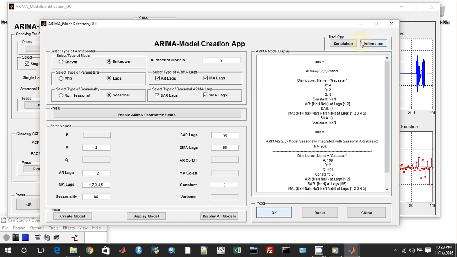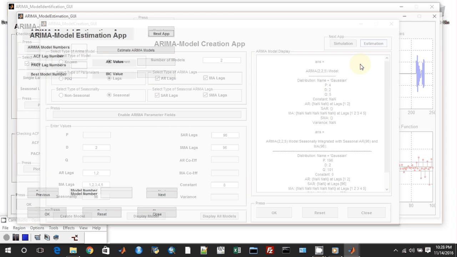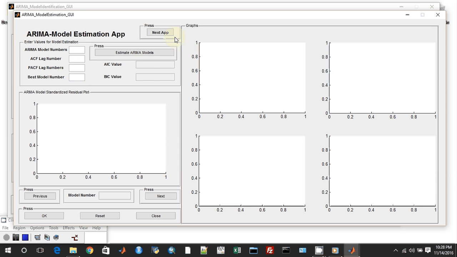and then we can go towards estimation or simulation. But the simulation window would be used only when we know the coefficients of the ARIMA models which we create, but we have created unknown models, so we will go for estimation. This is the GUI for the model estimation app, and as we see we have to enter certain values, which are the number of ARIMA models created. This is 2. Then we will have to enter the number of lags we want to see of the ACF and PACF of the residuals which would be plotted over here,